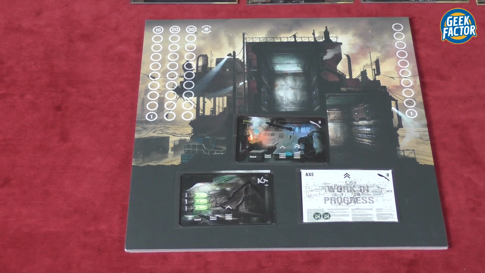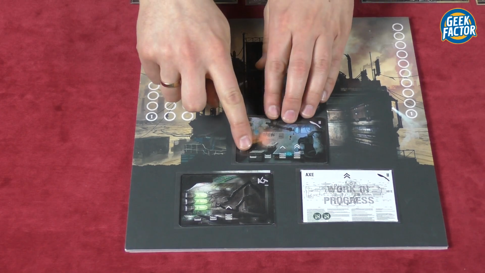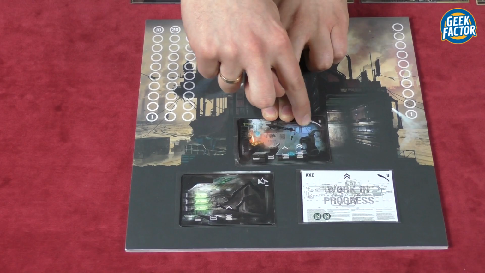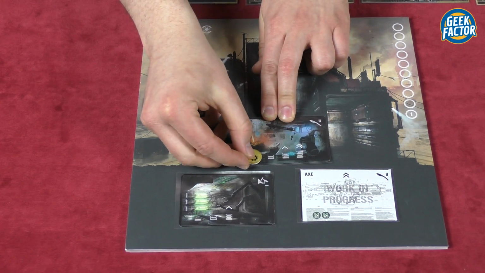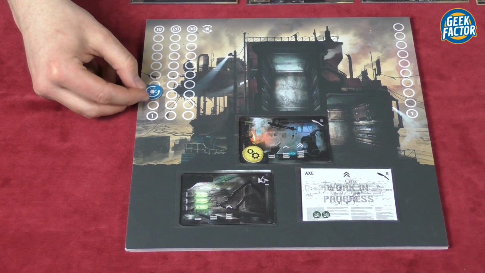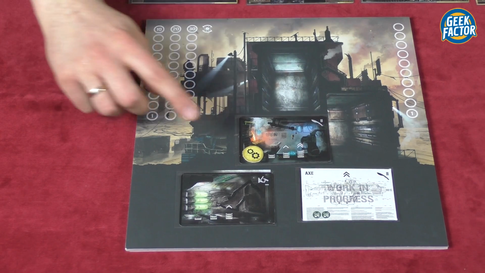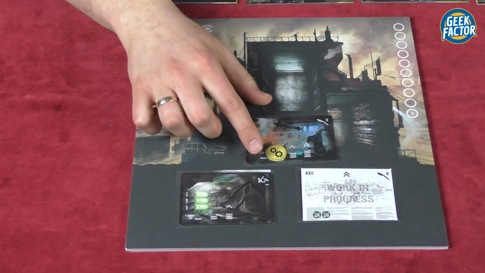Once we've done that, we take the necessary construction token and place it on the leftmost space on this track on the card of the room that is required to build this particular equipment. So we place it right here. Now at the beginning of every game round, and by that remember I say every time the time marker moves by one spot, this will also move by one spot